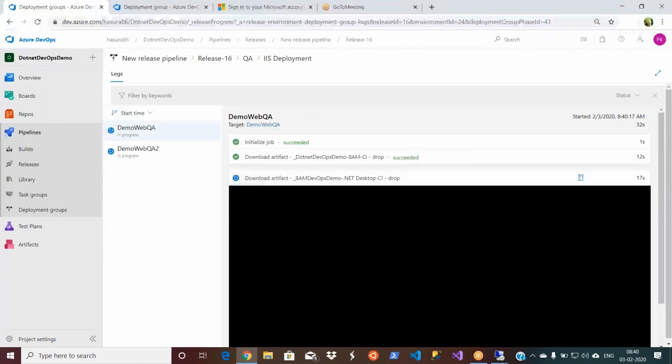2 in progress. See, it is happening parallelly. It is deploying to the 2 servers, QA and QA2. So this is parallelism basically when you are using the deployment tool. In general, if you are using 2 different jobs, they go in sequence. Now we are having multiple jobs, and in the same job I am having multiple servers, but the deployment to those servers is happening parallelly. Here also you see demo web QA2 and then demo web QA, both are going parallel. Once this job is done, then it will go to the other job, because the jobs are sequence, the activities within the job are parallel.